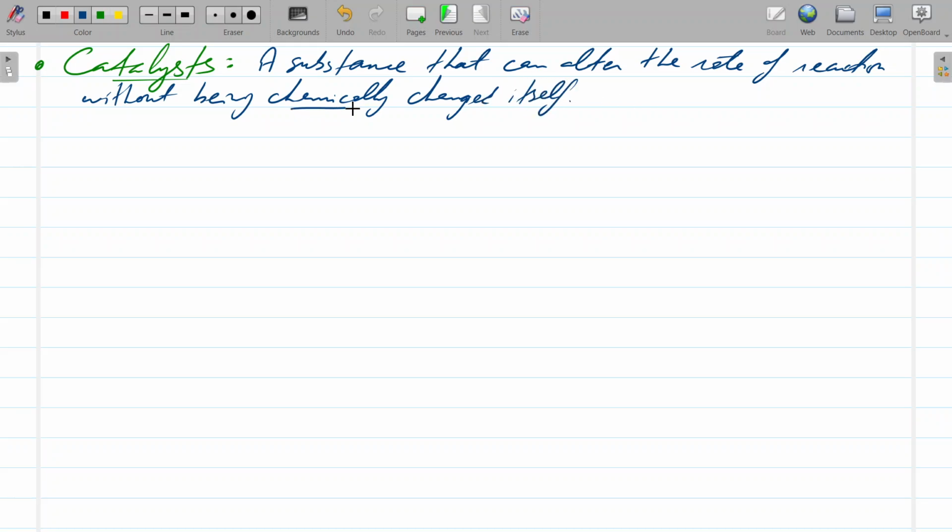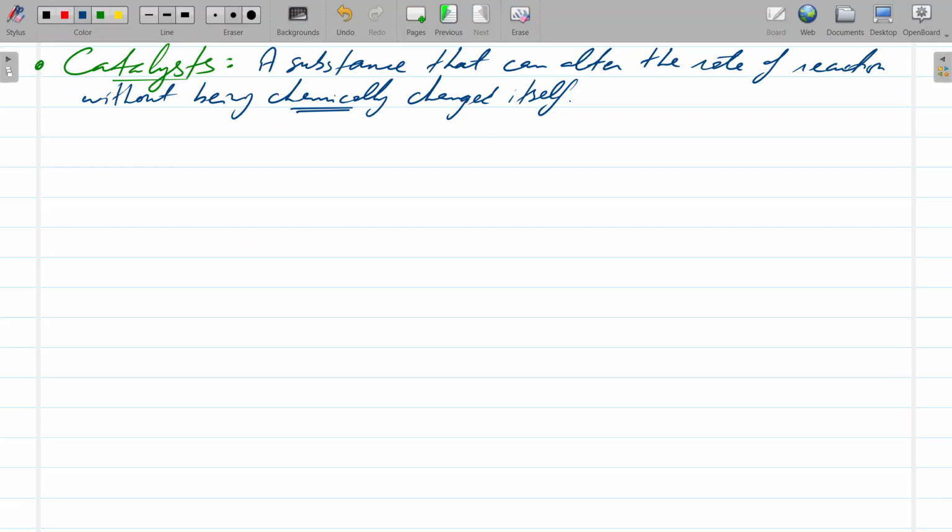Right? And we'll see, right? So the focus over here is not being chemically changed. It can be physically changed in some way, right? But not chemically changed, right? So it's not going to react. It's not going to take part in any of the reactions that are occurring for which it is being used as a catalyst,